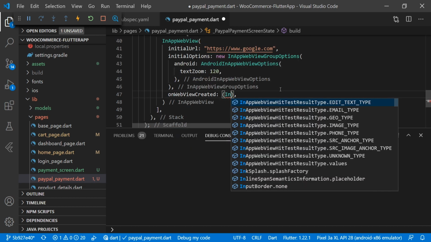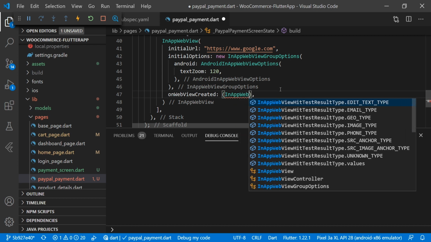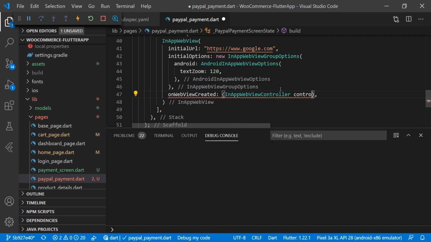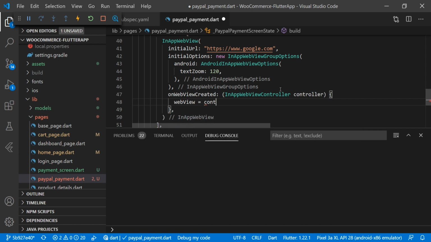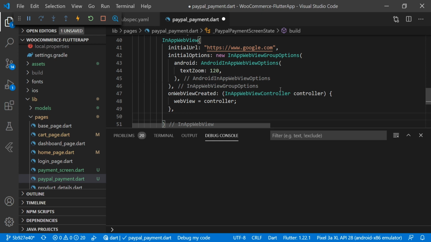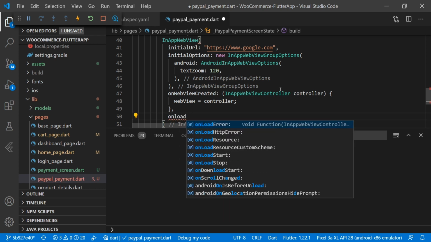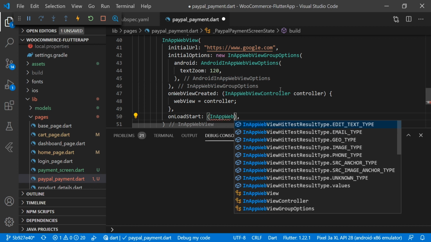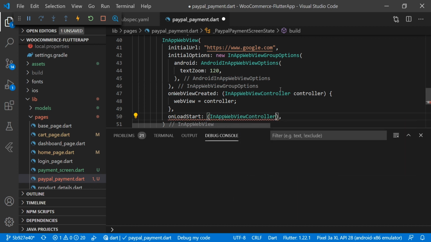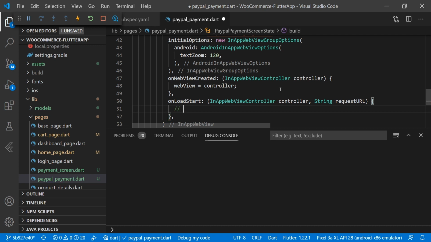Here we will pass the InAppWebViewController, webView is equal to controller. Then we have onLoadStart, and here we will pass the InAppWebViewController. Then we have String of request URL. Here we will do all the implementation of handling payment success or failure.